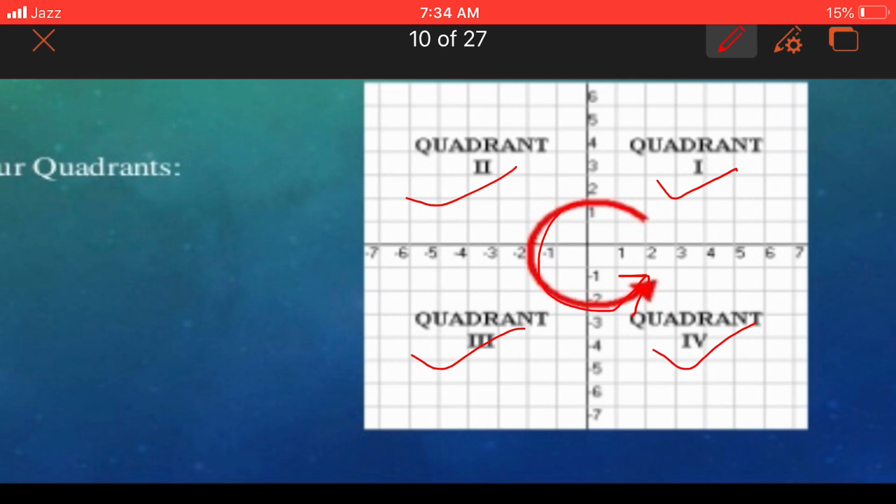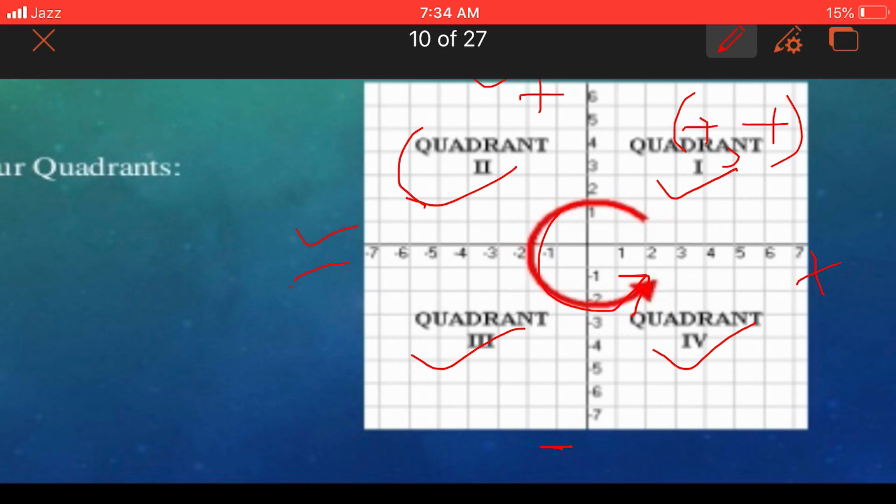The point that should be noted here is this one is the positive x values, here we have negative x values, here we have positive y values, and here we have negative y values. So the first quadrant is the quadrant where both x and y are positive. The second quadrant is that where y is positive but the x is negative here.